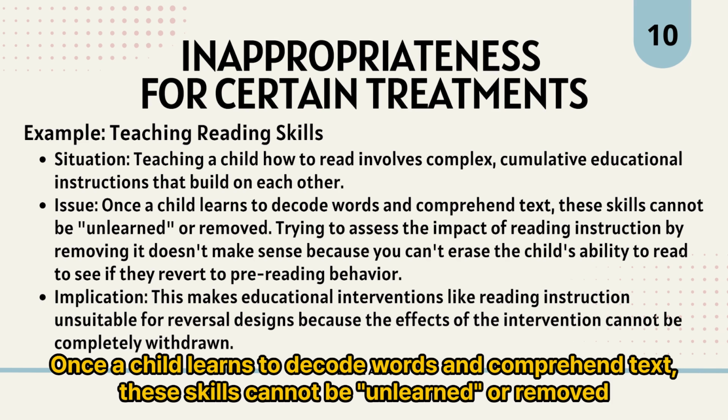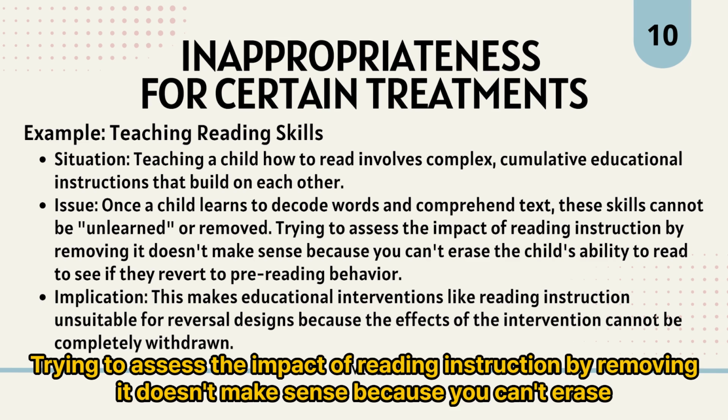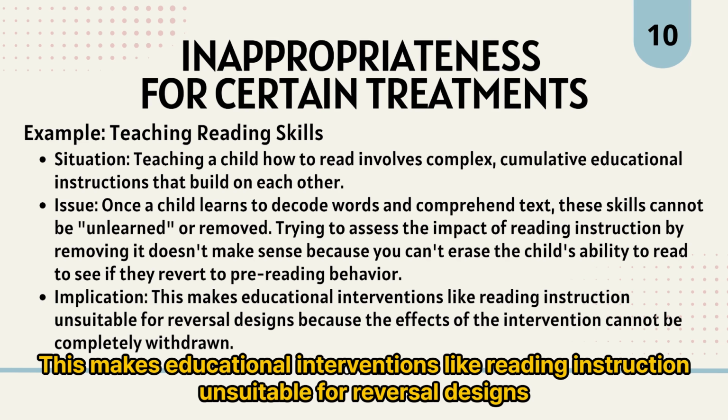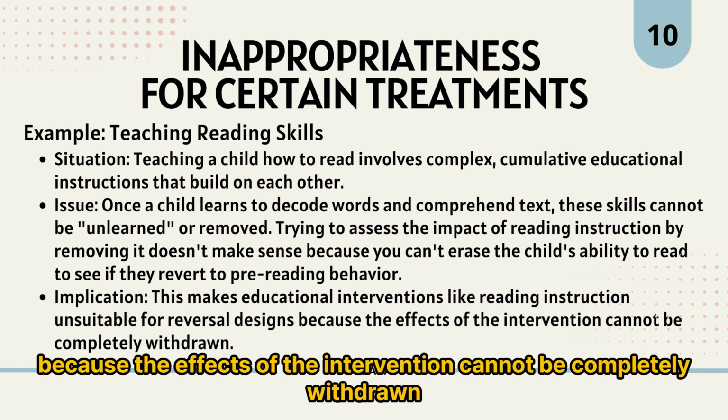Issue: once a child learns to decode words and comprehend text, these skills cannot be unlearned or removed. Trying to assess the impact of reading instruction by removing it doesn't make sense because you can't erase the child's ability to read to see if they revert to pre-reading behavior. Implication: this makes educational interventions like reading instruction unsuitable for reversal designs, because the effects of the intervention cannot be